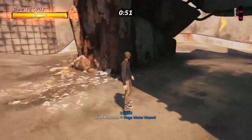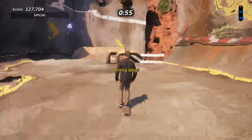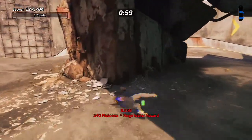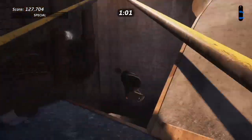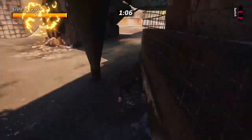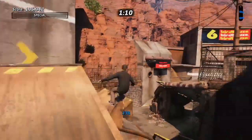Now option 2 is to go off the ramp. That will give you the big air to get the huge hazard water gap. A lot trickier to land it, as you can see. There'll be a lot more bails than when we're using the grind. It's the beauty of showing you both methods. You can see it's much trickier to land going off that big ramp,